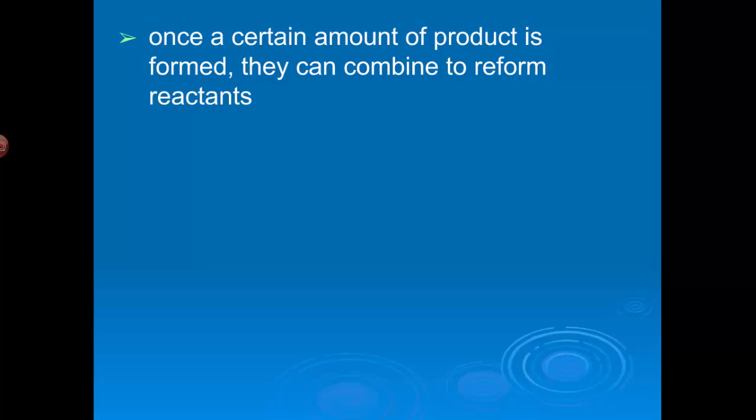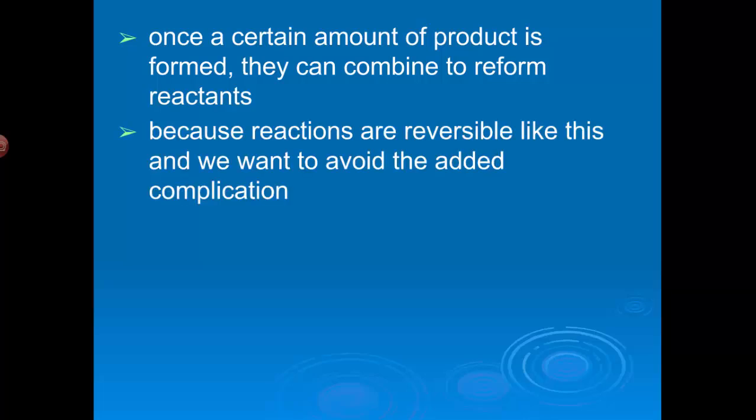What's also interesting is that most reactions, once you've got a certain amount of product, and those product molecules are circulating and encountering each other, sometimes reactants can go back and form, or products can go back and form reactants again. That means that reactions are reversible. Almost all reactions are reversible. It's just that if the rate is fast enough and if we produce a tremendous amount of product, often we miss the reversibility. We'll deal with all of this stuff when we talk about equilibrium, because that deals with reversible